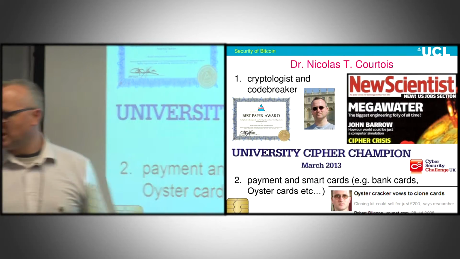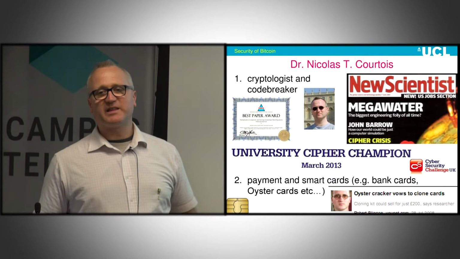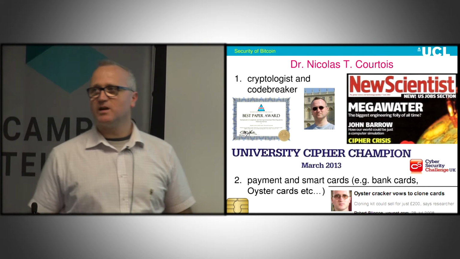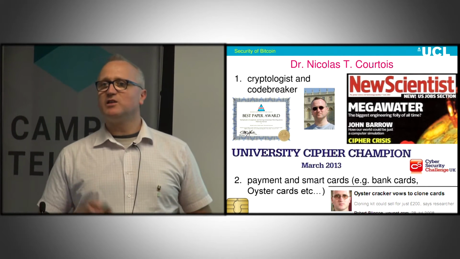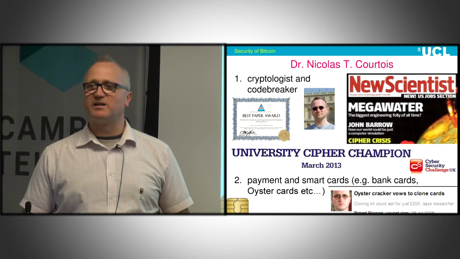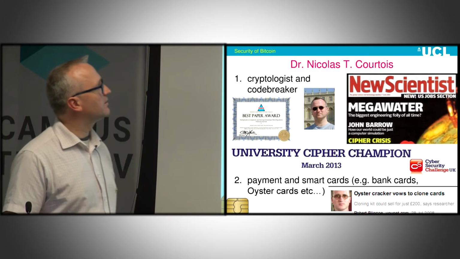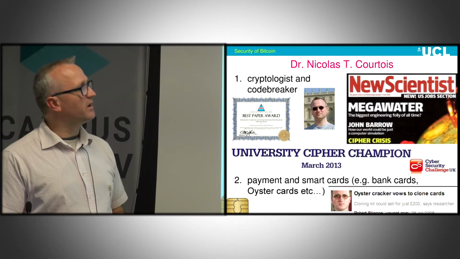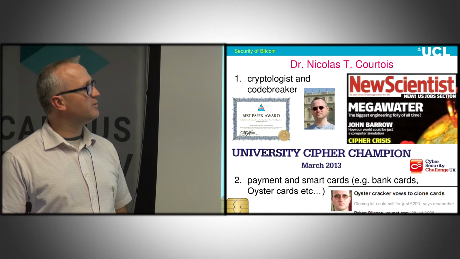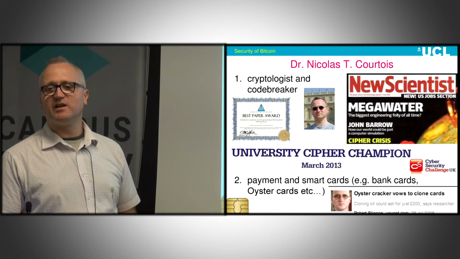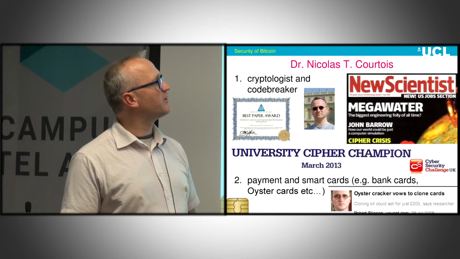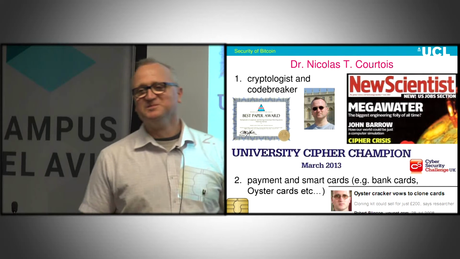So a little bit about me. I'm a cryptologist, but I usually do the bad things. I break things. I'm a code breaker, a cryptanalyst. I teach a course on cryptanalysis in London, and I teach a course on applied cryptography with payment and Bitcoin and bank cards and things like that. We also do code-breaking competitions in London, and in 2013 we won the UK University code-breaking competition. I also was accused of provoking a cipher crisis by a New Scientist many, many years ago.